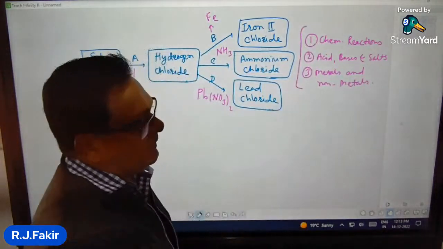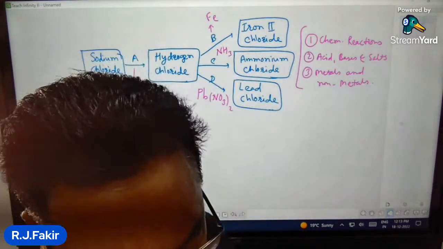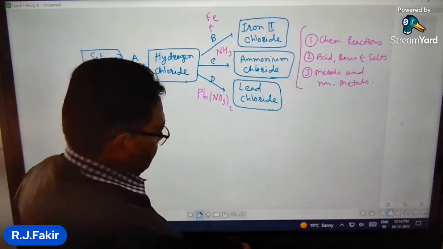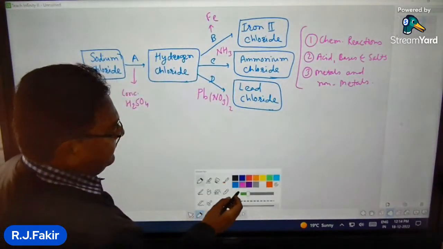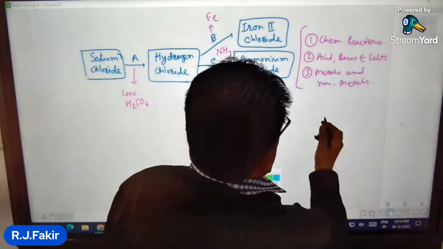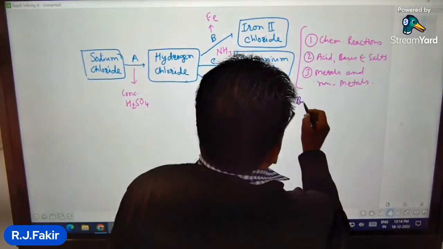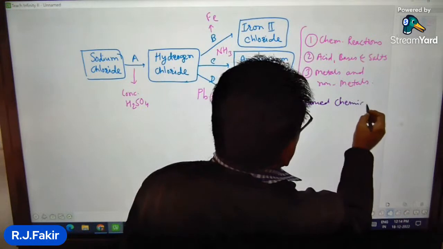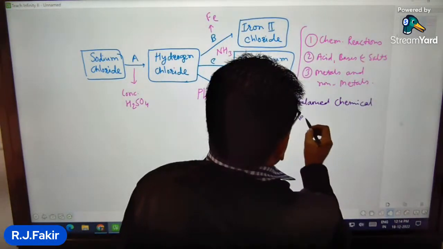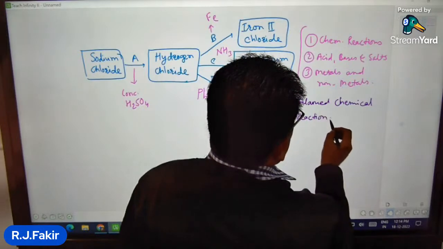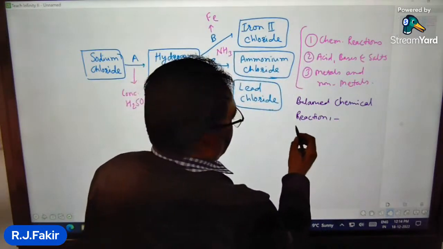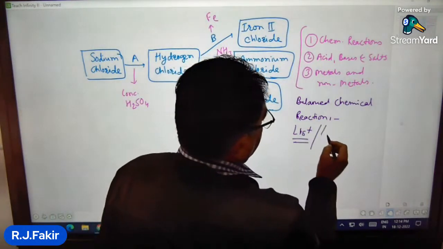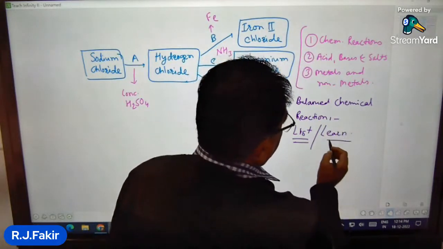then the third one you have metals and non-metals. So these three chapters, what you can do is make a list of all chemical reactions whatever are given in these chapters, and they should be the balanced chemical reactions. The best way is to prepare a list of all these and learn them. That is very important,